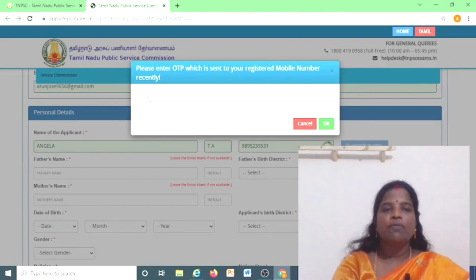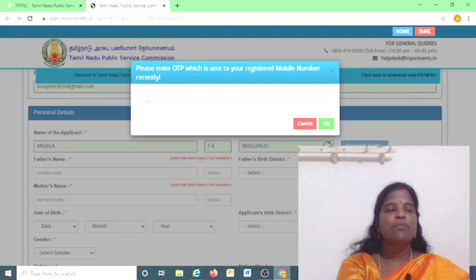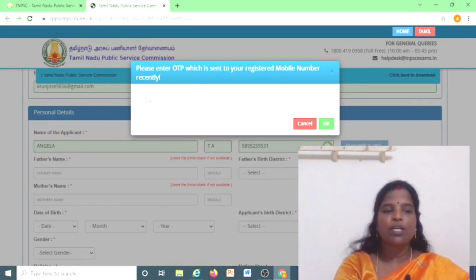Now I will receive an OTP on my mobile, then I have to enter it. You will receive a message on your mobile. So remember that when you are entering, keep your mobile with you, so that it will be easy for you to enter the OTP.